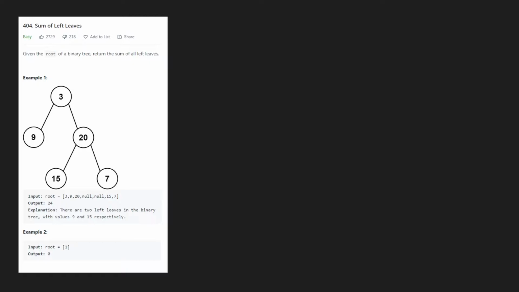This was recently a featured daily problem on Leetcode, so I thought I'd go over it and explain my solution. First things first, we can take a look at their example to get an idea as to how we can solve this problem ourselves. It's important to realize that in this example, the left leaf nodes are 9 and 15. And so we can take a look at these and answer the question, what is a left leaf